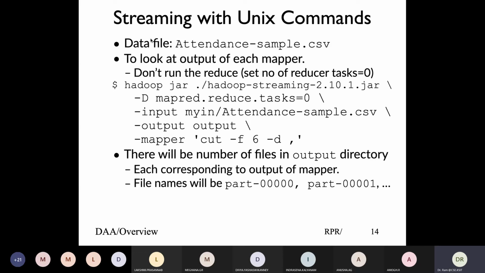If you say I don't want to run any reducer, you can give -D, which means the configuration option mapreduce.job.reduces equal to 0. That basically means don't run any reducer, run only the mapper and put the result into the output. So what you'll see is the output of the mapper, and no reducer will run. Or if you want to specify a number of tasks, you say 1, 2, and that way.